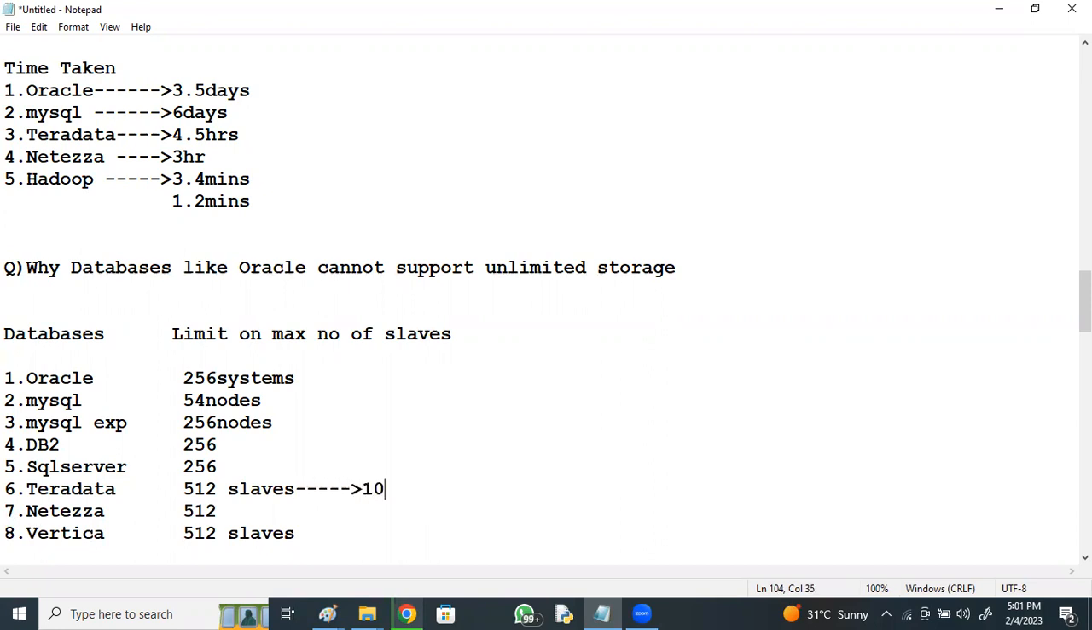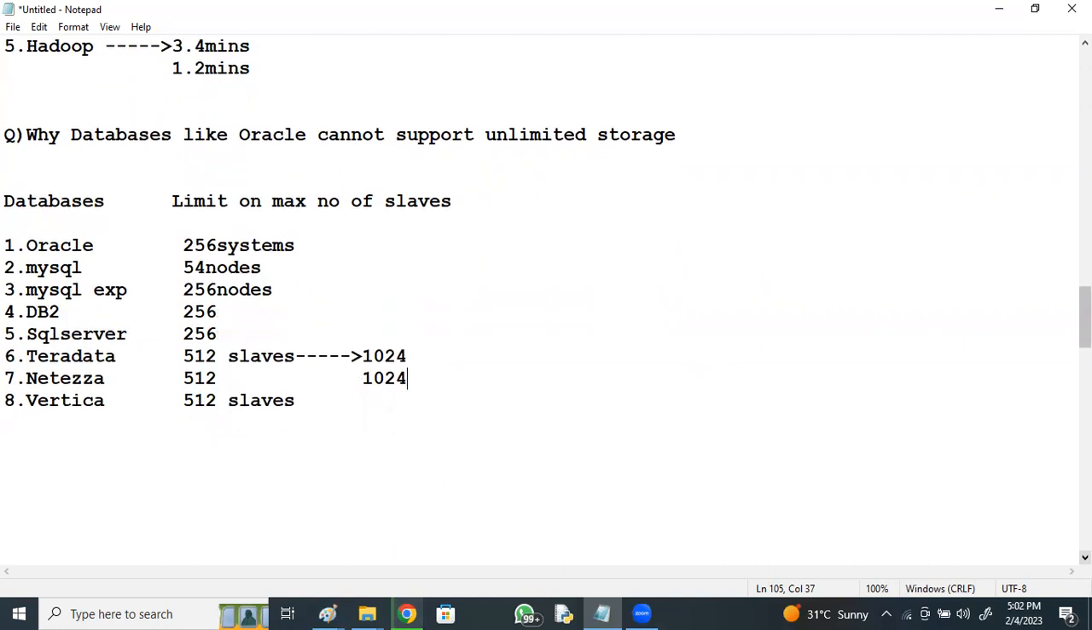But currently, Teradata and Netezza are supporting 1024 slaves or systems for storing data. But even 1024, I cannot say is huge data. Unlimited data is not supported. Once the 1024 slaves get filled, they cannot support data further. But